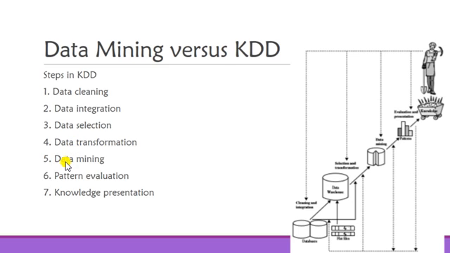Also, the data mining, which most people confuse for knowledge discovery in databases, is an essential process where intelligent methods are applied to extract patterns. So in data mining, we apply different methods to extract data patterns, and the patterns which are extracted, we evaluate them on the sixth step, which is pattern evaluation. So the sixth step is to identify the truly interesting patterns representing the knowledge based on interestingness measures. So we evaluate the patterns here based on some measures, and the final step is knowledge presentation.